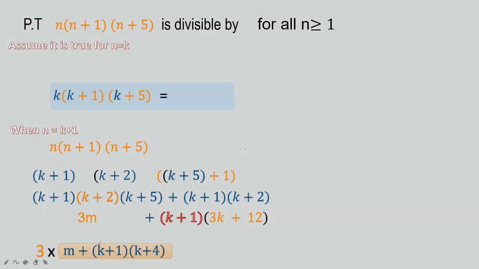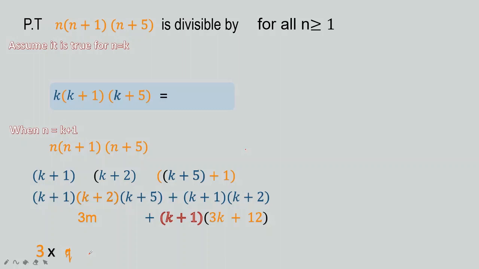Why is k a natural number? Because k is a value which we substituted for n, right? n is of course a natural number. So m is a natural number, k is a natural number. So natural number plus natural number into natural number is of course a natural number. So that another natural number I'm calling q. So it is 3 into some natural number. We don't know. It might be 5, it might be 6, 7, 8, 9, could be anything. So 25, 100, 102, all are natural numbers. So it is 3 into some natural number, which is q.